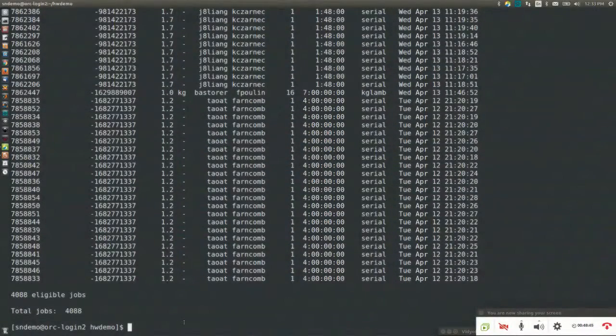Now, there are a couple other things in terms of looking at your own jobs. Let's say now that we actually submit one of our own jobs, so sqsub, and we'll send it to the MPI queue, with 8 processes, 2 gigs per process. The output file will be output.txt. We'll specify a runtime of 7 days and tell it to run